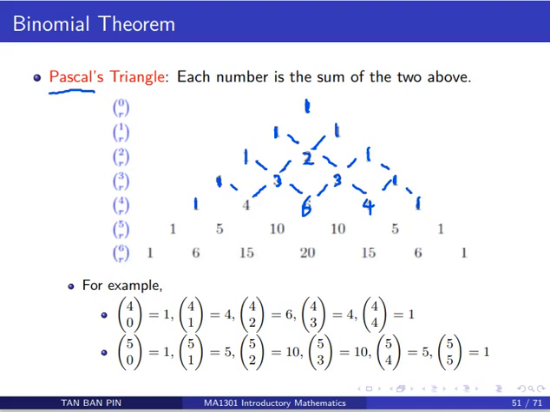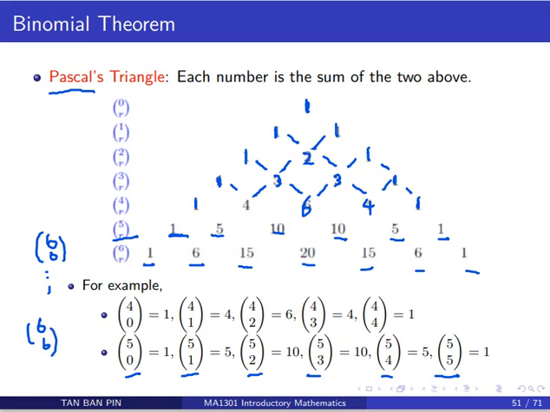Continuing in this way, you will find that this row will give you 5C0, 5C1, 5C2, 5C3, 5C4, 5C5, which agree with what you have from the formula for nCr, or you can check with your calculator. This is 6C0, 6C1, 6C2, 6C3, 6C4, 6C5, 6C6. So this row is actually 6Cr, from 6C0 until 6C6. It will give you all these numbers.